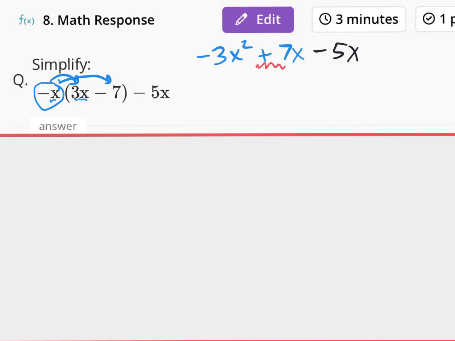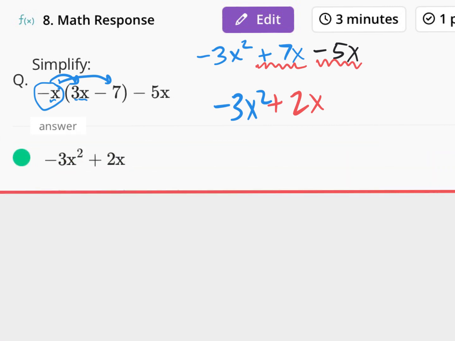If I do positive 7x, take away 5x, what do I have? 2x, a positive 2x. And what about that leading term out there? You just leave it there, negative 3x squared. So your final answer is negative 3x squared plus 2x. And if you check your answer right there, that's what you type in exactly like that, and you'll get full